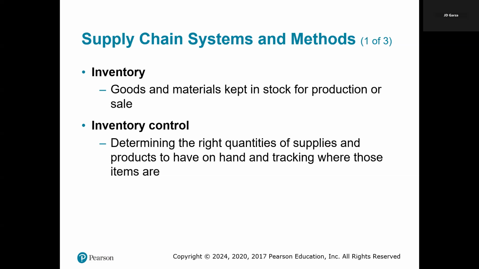Now, a little bit about the two. The inventory here includes all of the goods and materials that a business keeps in stock to support production, sales, and distribution. But it also acts as a buffer, allowing companies to fulfill customer orders even if production schedules fluctuate or supply delays occur.